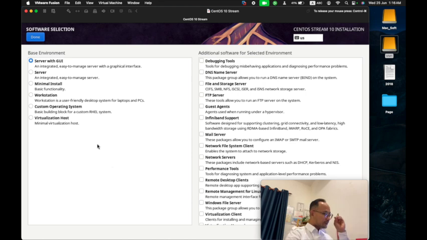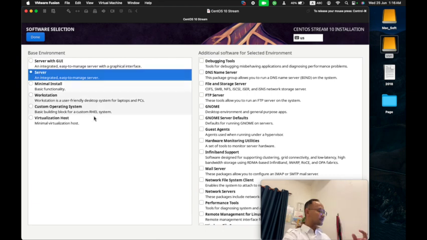We need only 1 or 2 GB of RAM and 20 GB of hard drive, or sometimes we use only 10 GB of hard drive during setup. But Windows, I think, cannot do that.